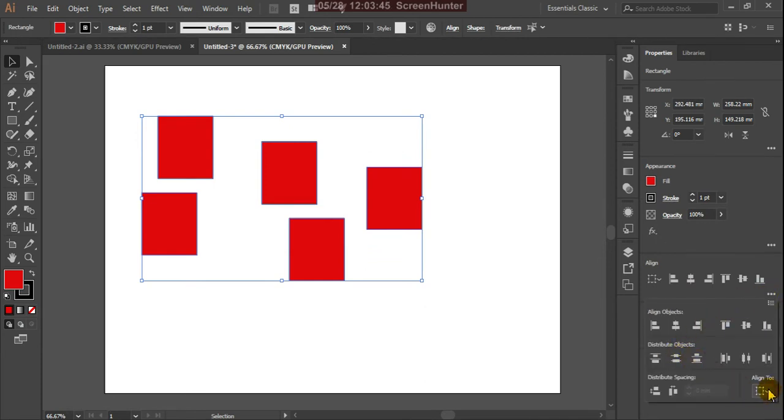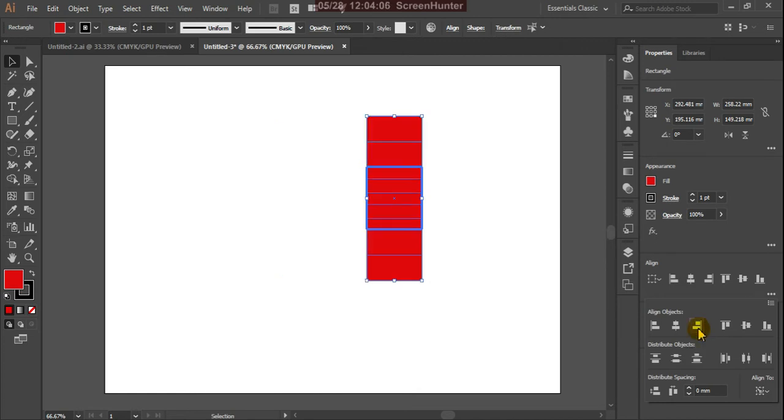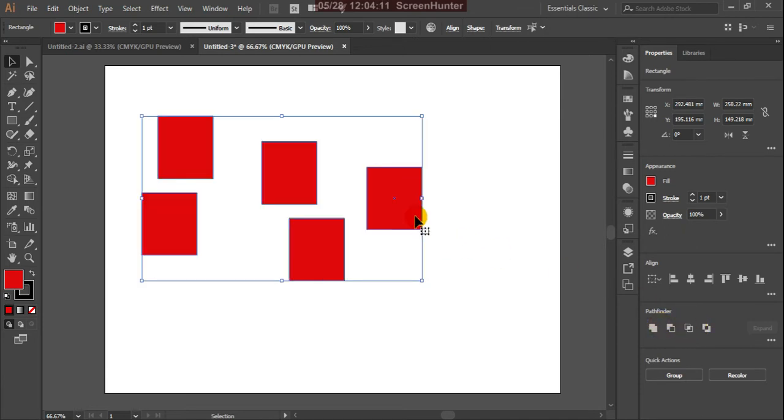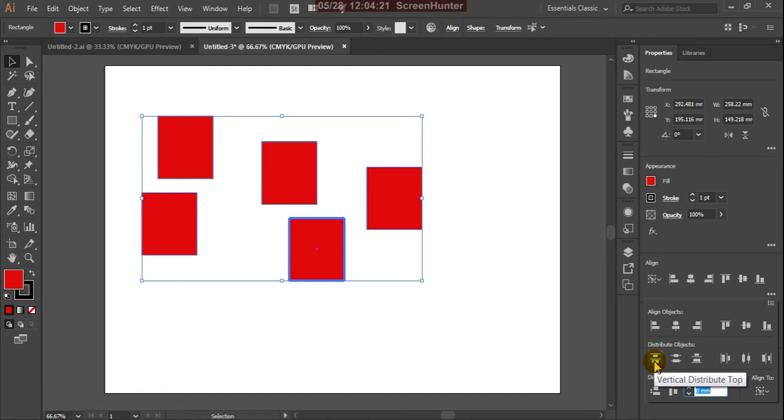Here I use align to key object. Suppose I click on align to key object, and this is my key object. This dark color shows this is my key object, and here I'm using horizontal align right, so the others are aligning with the key object. Suppose this is my key object again, and here you can give vertical distribute top.